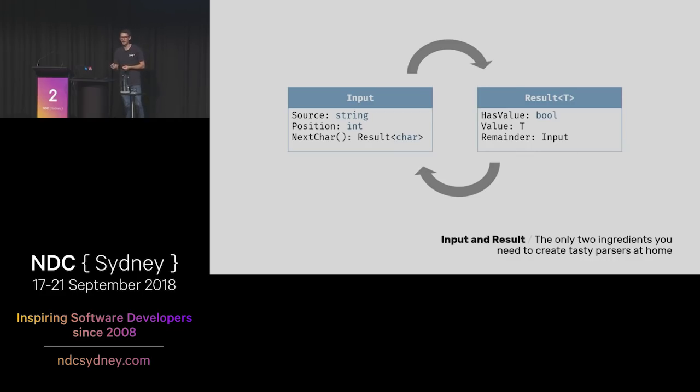And in both cases, either what was the remainder after parsing the value, or where did you hit the error. And there's not really a way to kind of just continue. These are both immutable, so you don't go around and push the position of an input along. To get a new input, you have to consume a character from an existing input, using next char, and that will give you a value and the remainder.